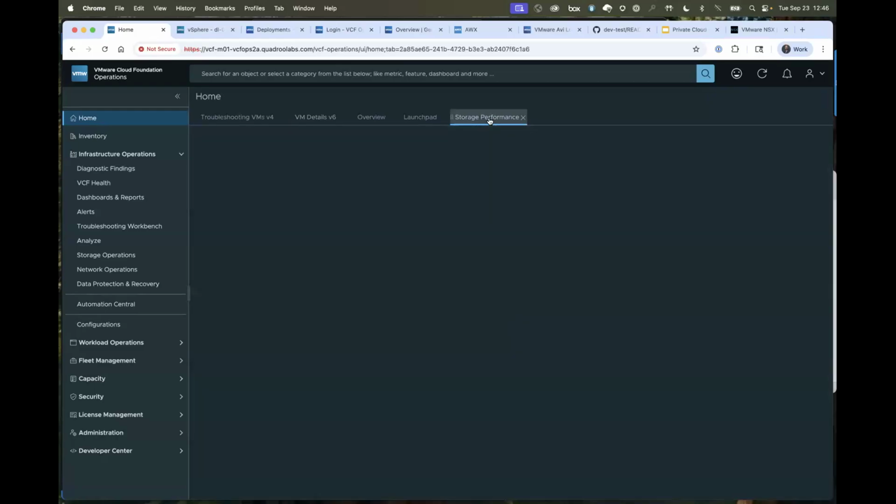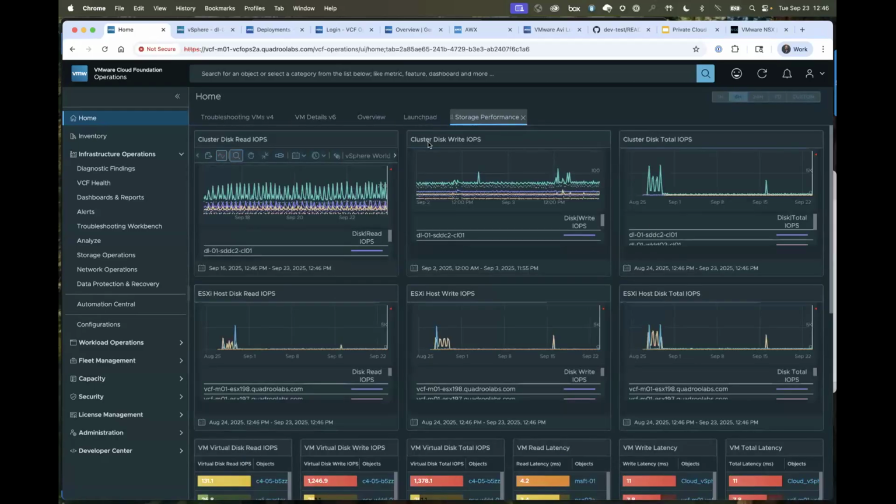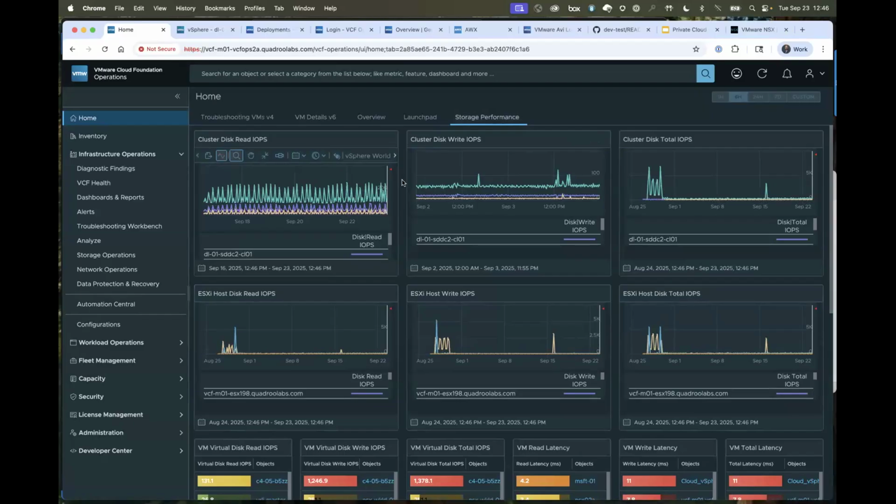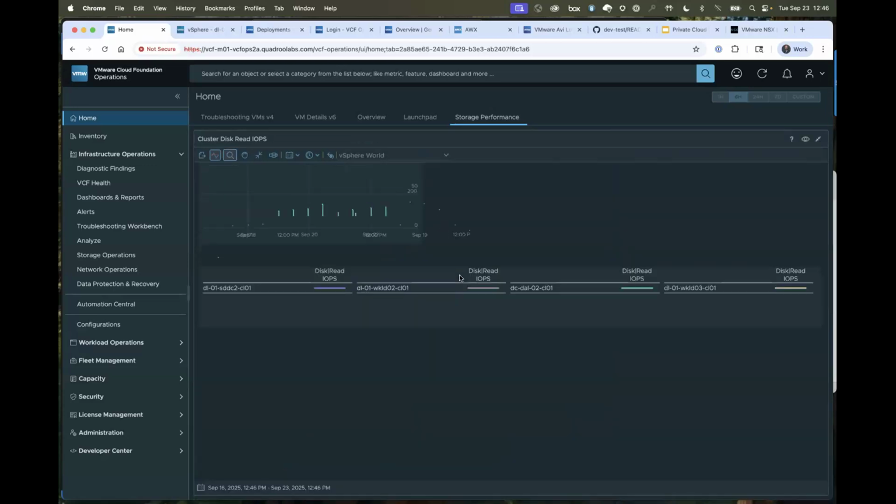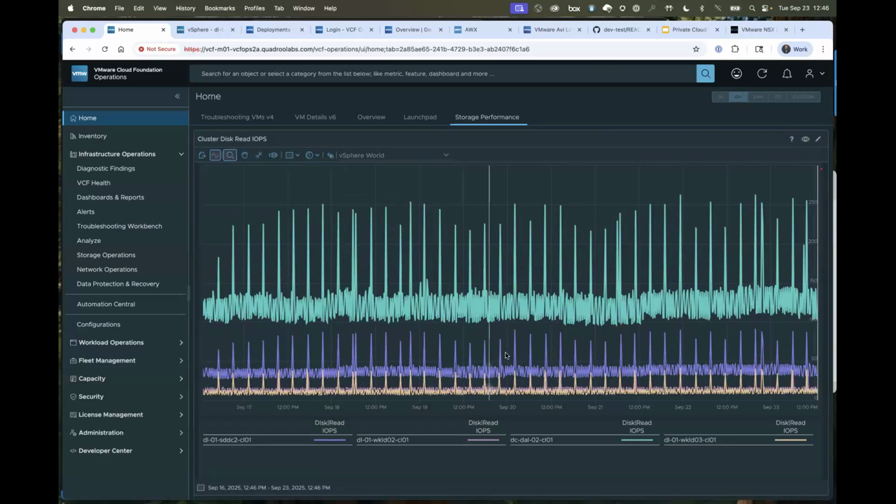We had a customer looking at storage performance recently, so I went out and downloaded one of Brock's storage performance dashboards and imported that into the environment, and I'm able to get a little bit better visualization on what the IOPS look like, for instance, across different workloads or clusters here in the environment.